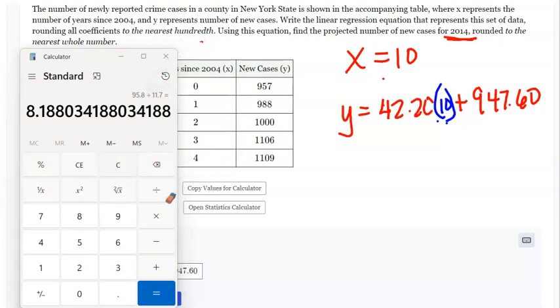I'm going to use a basic calculator this time. So I'm going to do 42.20 times 10, and then I'm going to add 947.60. Oh, I messed up. 42.2 times 10 plus 947.6, and I get